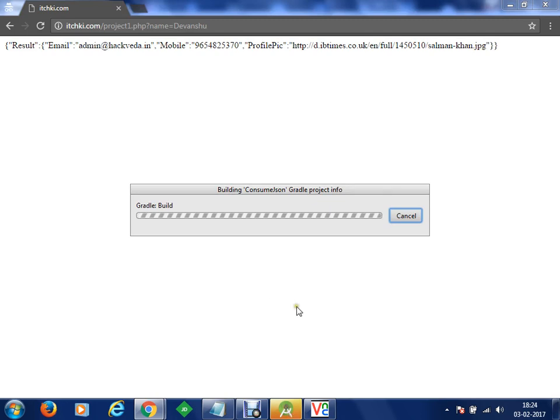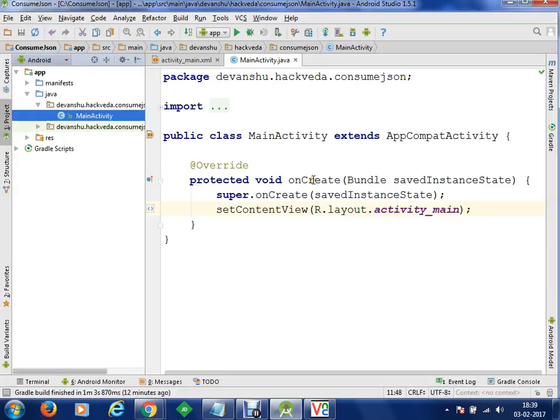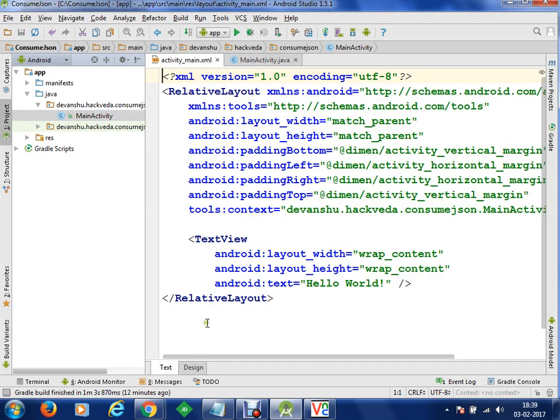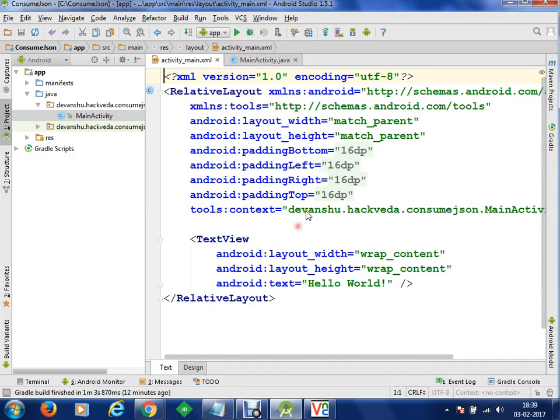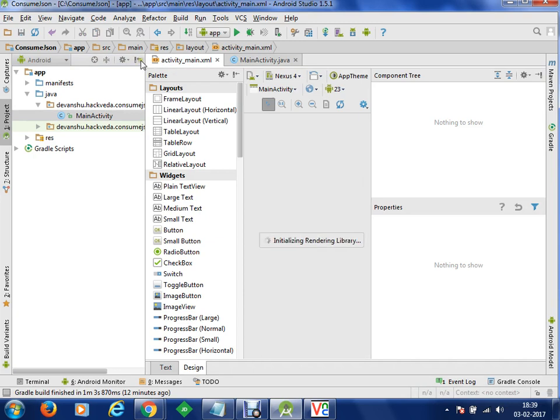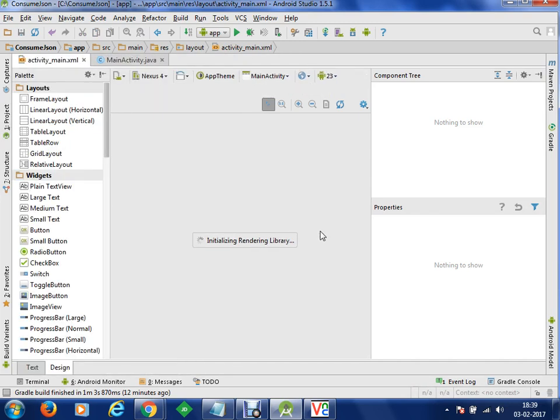So let's proceed to our Android application project. The project is ready. Now let's go to the design view and design our application. We are going to create one edit text, within which we give a name.